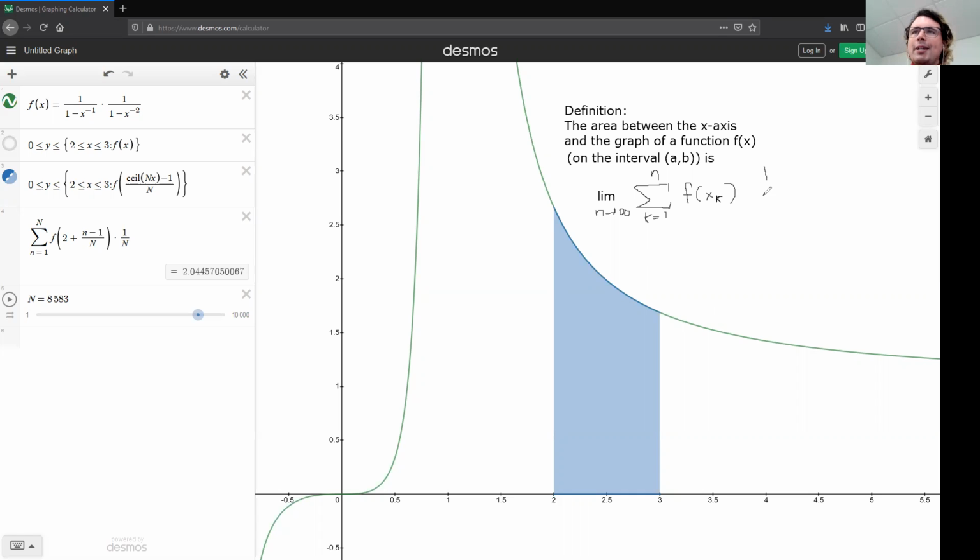And then what is the width of each of these rectangles? Well, it should be the same width every single time. Should be some chunk of the x-axis. For that reason, we'll call that delta